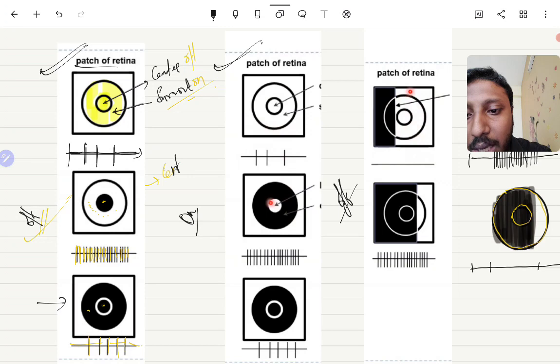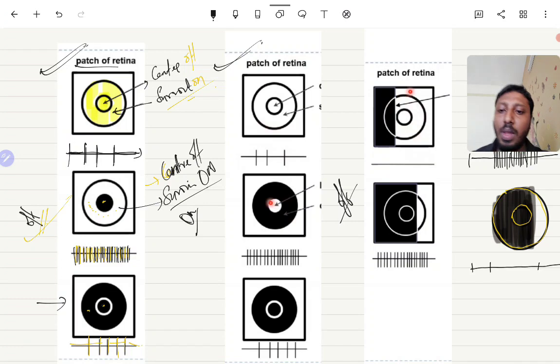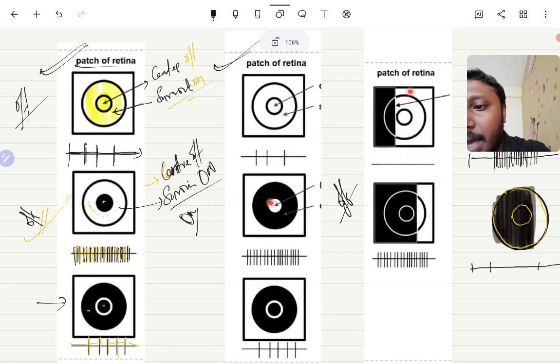This is all recap. Center off, surround on fires maximally. This is called an off ganglion.